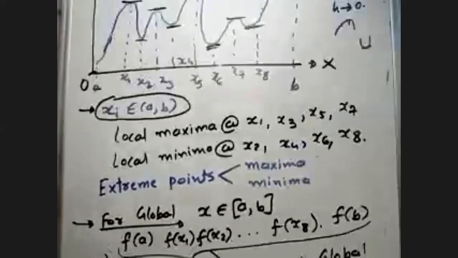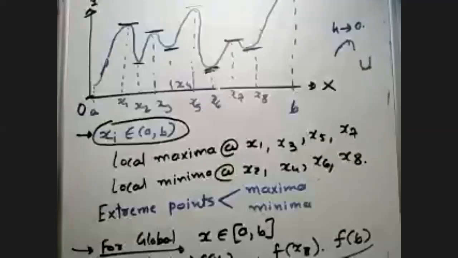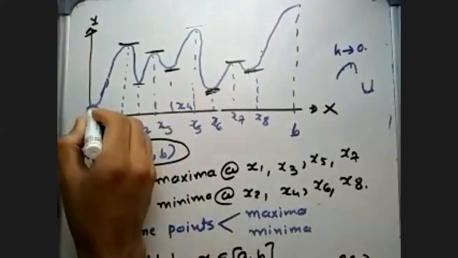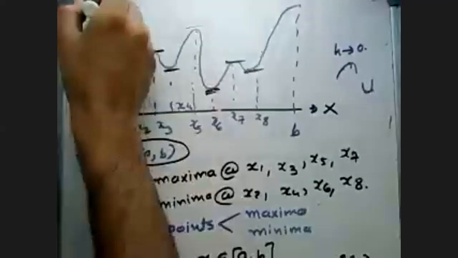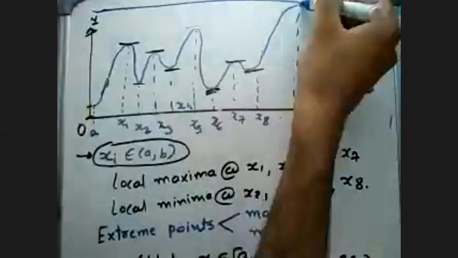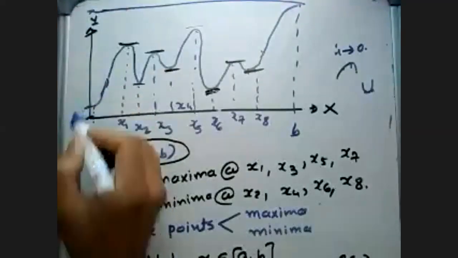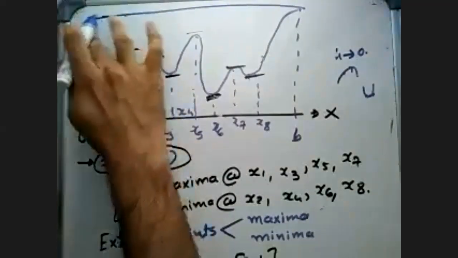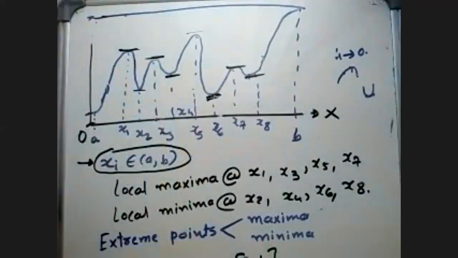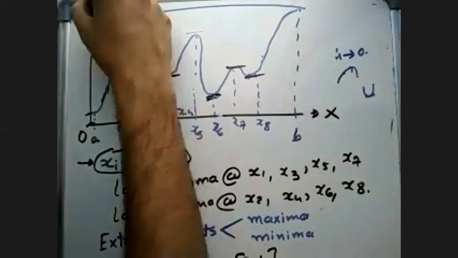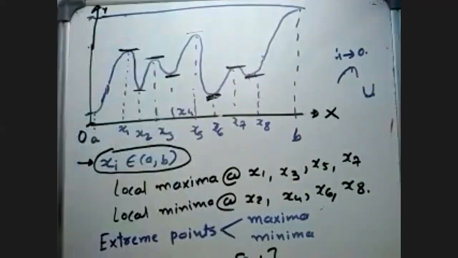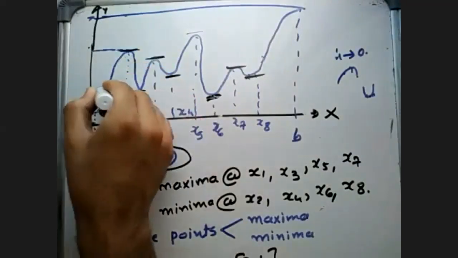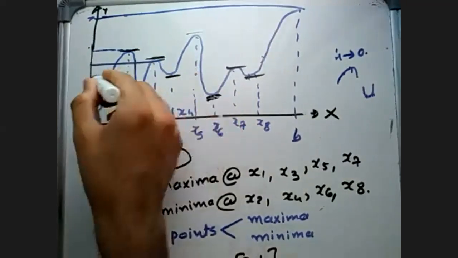So here if you observe, if you also find a and b, at a this is your f of a, at b this is your f of b. Okay, this will be your f of b here. This is your f of a. On the y-axis, right? Let me extend this y-axis. So this is my y-axis. This will become my f of x1, this will become my f of x2, my f of x3, my f of x4.